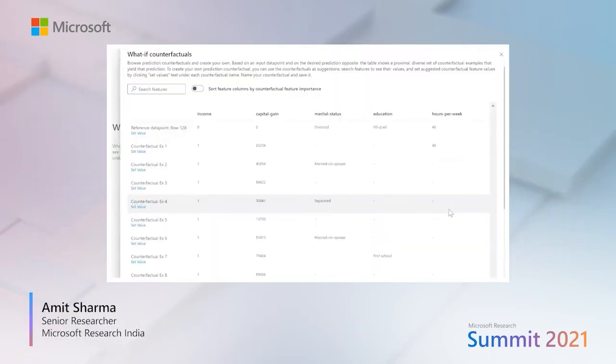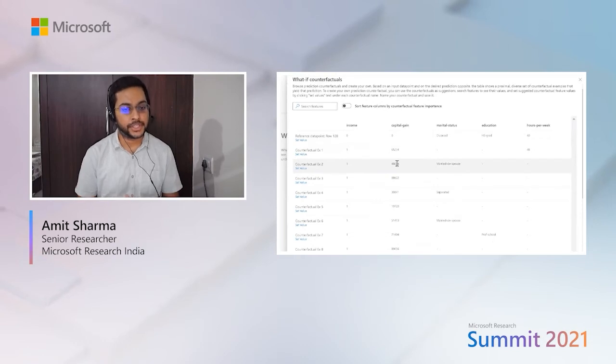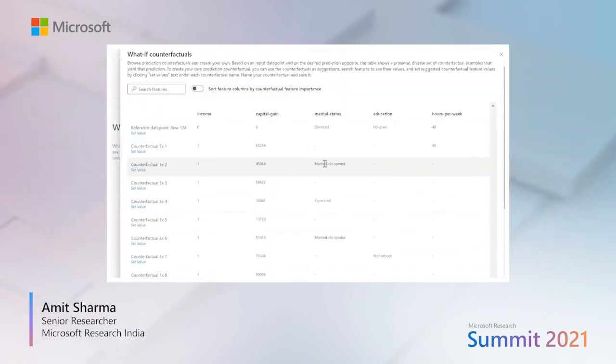So now we are literally looking at a data point which is given here as the first row, and then asking the what if simulation, right? So here you can see, for example, if you have the same person, but with only two features changed, their capital gain increases and their marital status changes, then they would be classified as richer. But interestingly, that's not required. Even if you just have a slightly higher capital gain, you would still be predicted as